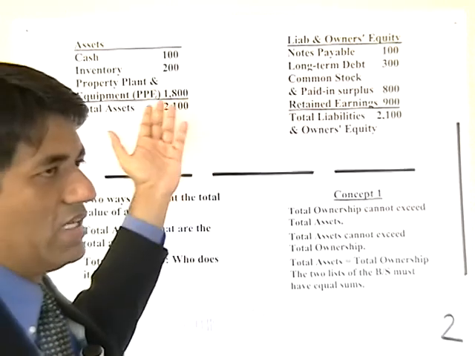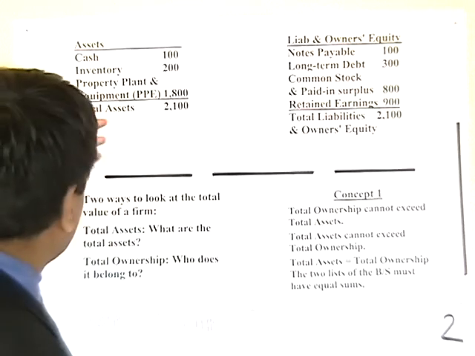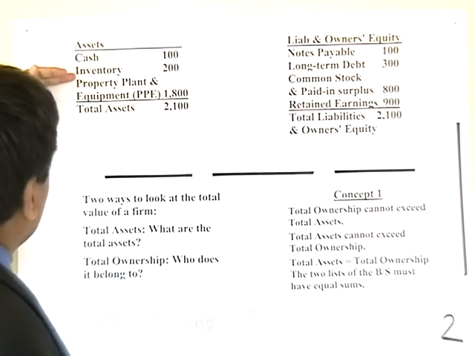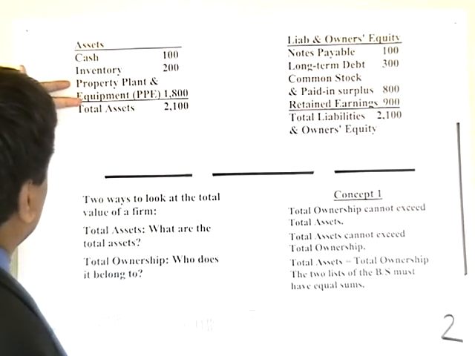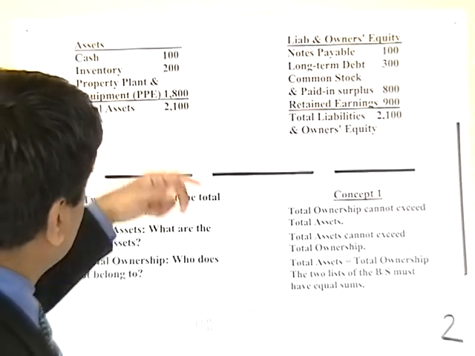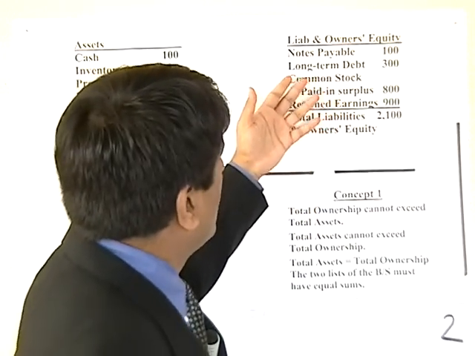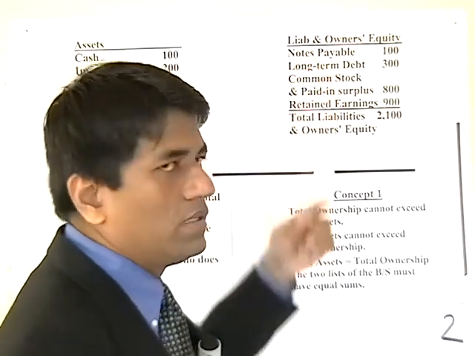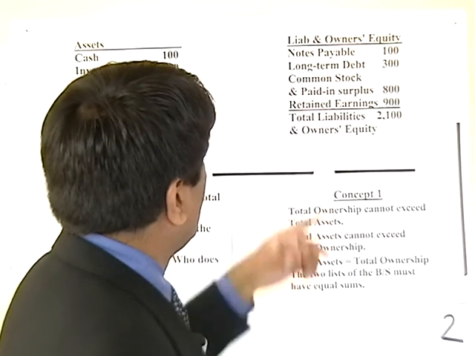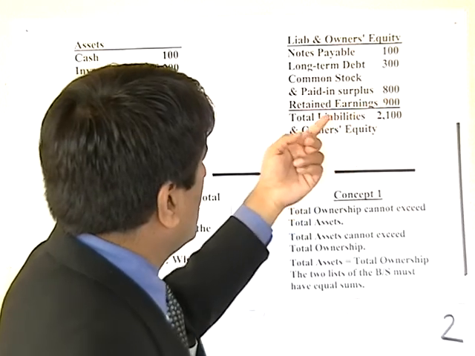So this is a sample balance sheet, and in the list of assets, we have cash of 100, inventory of 200, property, plant and equipment of 1800. So the total assets is 2100. On the right side of the balance sheet, we have notes payable. Notes payable are short-term debt of 100, long-term debt of 300, common stock and paid in surplus of 800, and